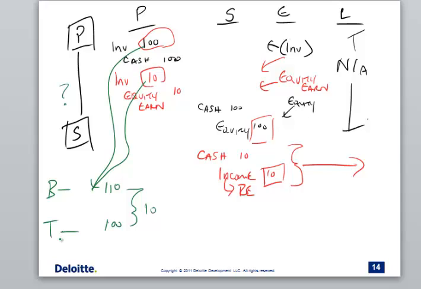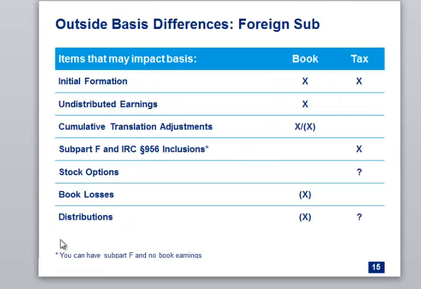But when you read ASC 740 in the literature around how to account for P's investment in S, it assumes you know that you have a book basis and a tax basis in S. And that's nice, but most people don't know what that information is. Okay? So these are the things that generally impact book basis and tax basis. So we're not going to go into this. I just want to give you some appreciation for